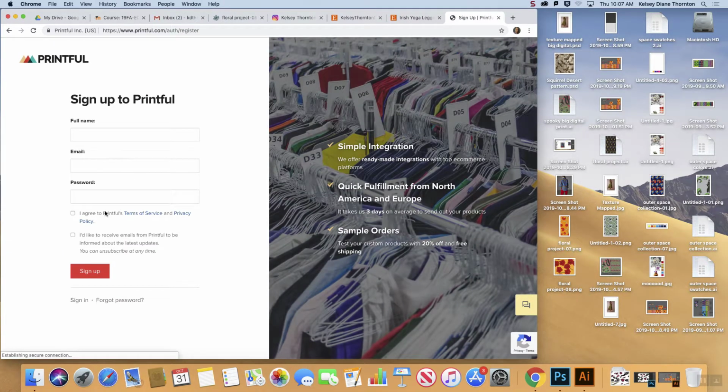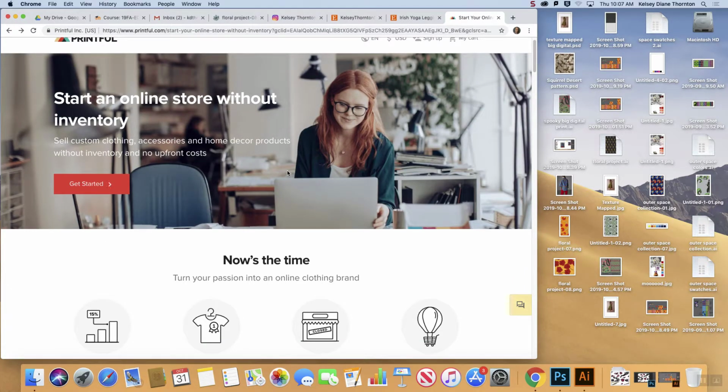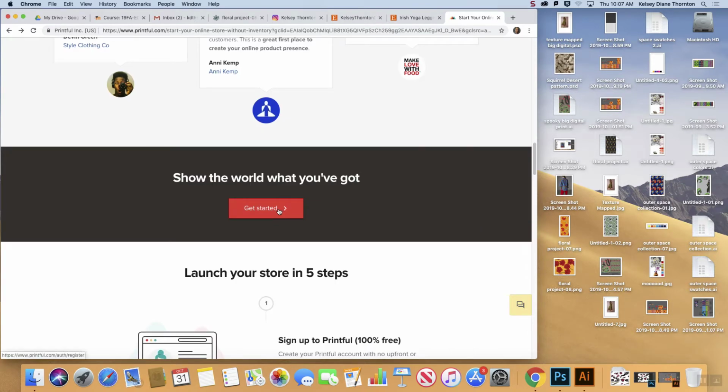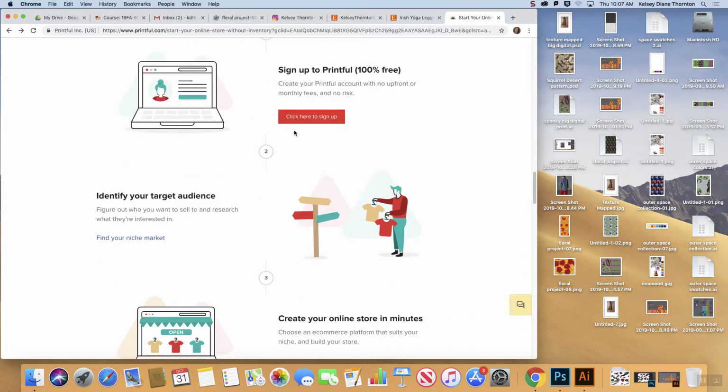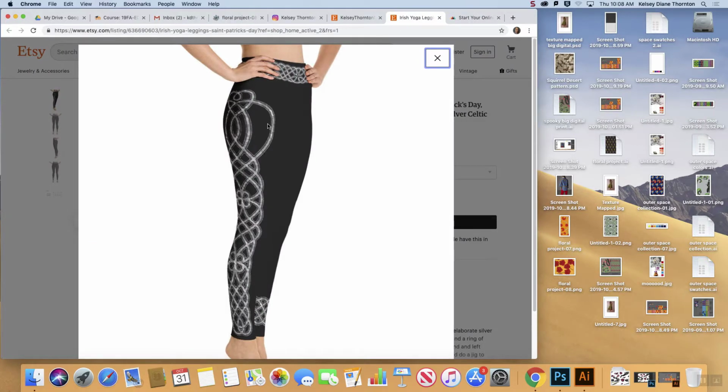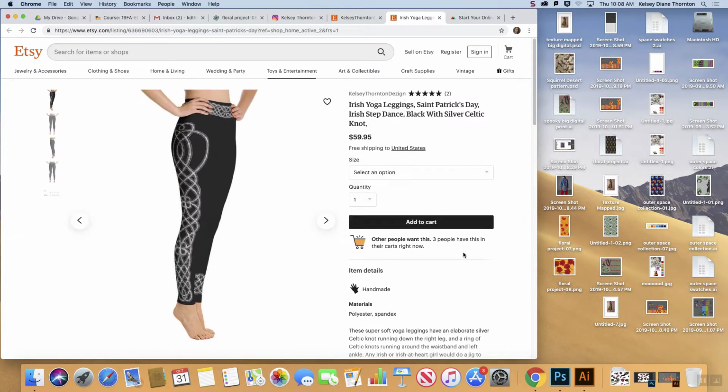I'm trying to get to their actual products. That's annoying, I have to sign in. Printful will put my patterns on clothing without me having to work very hard at all. I just have to design the pattern, and then they will cut and sew my pattern and ship to the person who's ordered them. So someone orders these from Etsy, pays me the $59, my credit card instantly gets charged